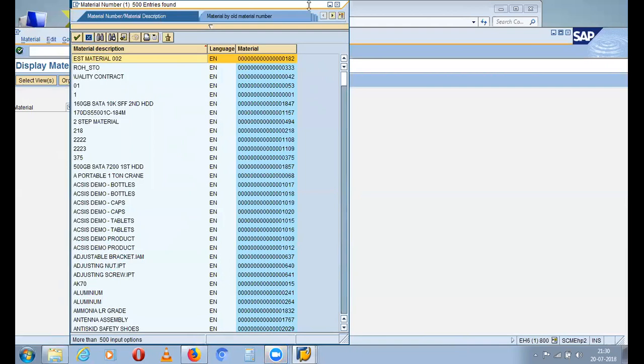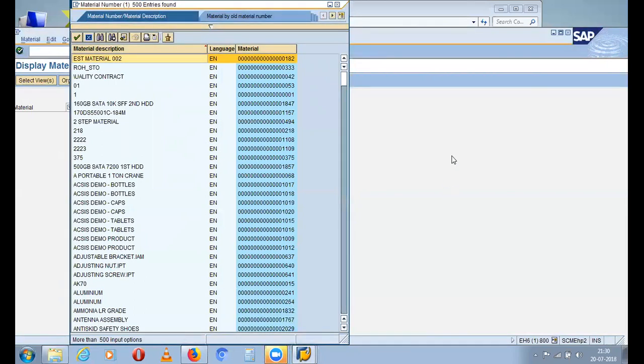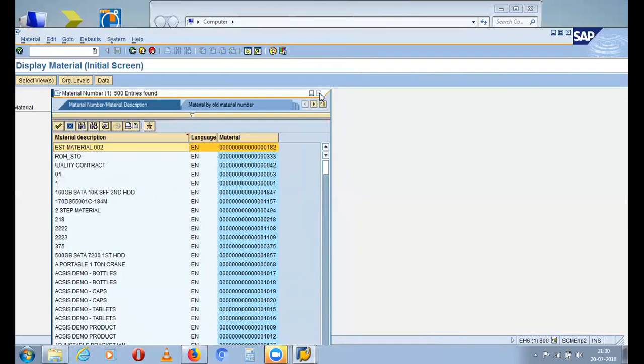Close this, it is disturbing me. How to do it? You can't do anything, that sharing part, right? Close this. Material number, 500 entries found.